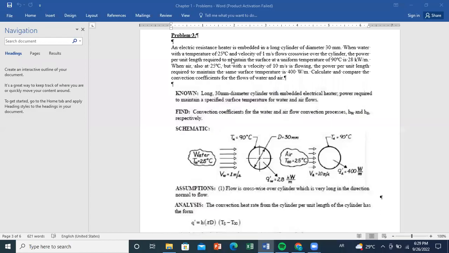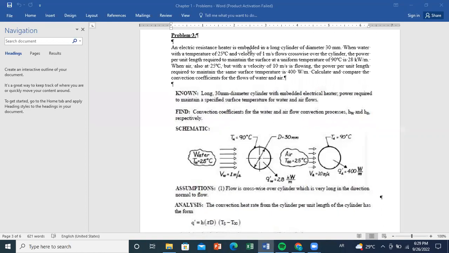So we have an electric resistance heater embedded in a long cylinder of diameter 30 millimeter. When water with a temperature of 25 degrees and velocity of 1 meter per second flows crosswise over the cylinder, the power per unit length required to maintain the surface at a uniform temperature of 90 degrees is 28 kilowatt per